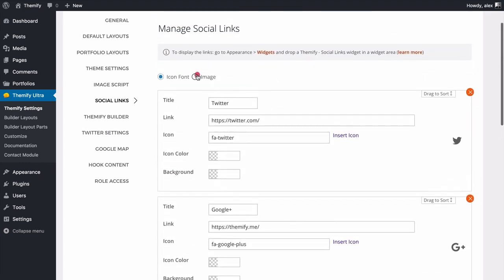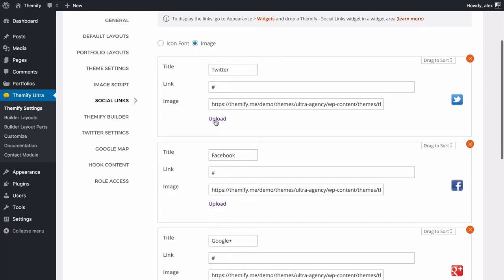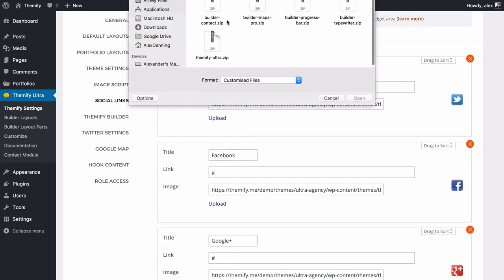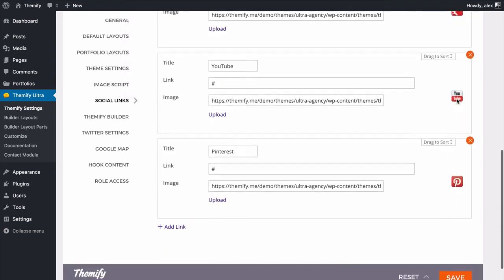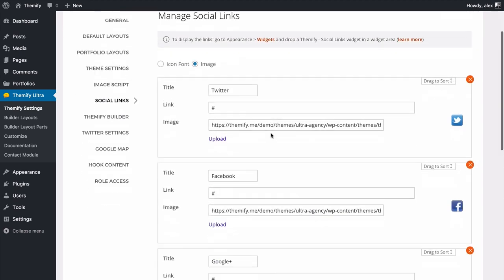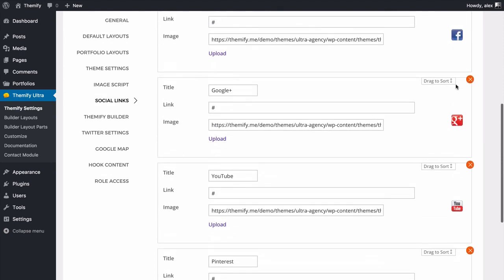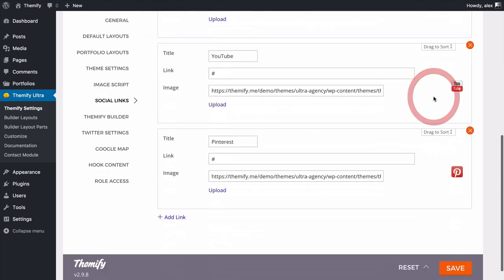You also have the option to use images rather than icons. So if you're doing that, then you can upload your own images. This will just allow you to upload from your computer. But by default, you're going to see you've got a number of icons added in already. So you can set those up. I'll go with the images here, but say we might remove Google Plus and perhaps put Facebook first, and just